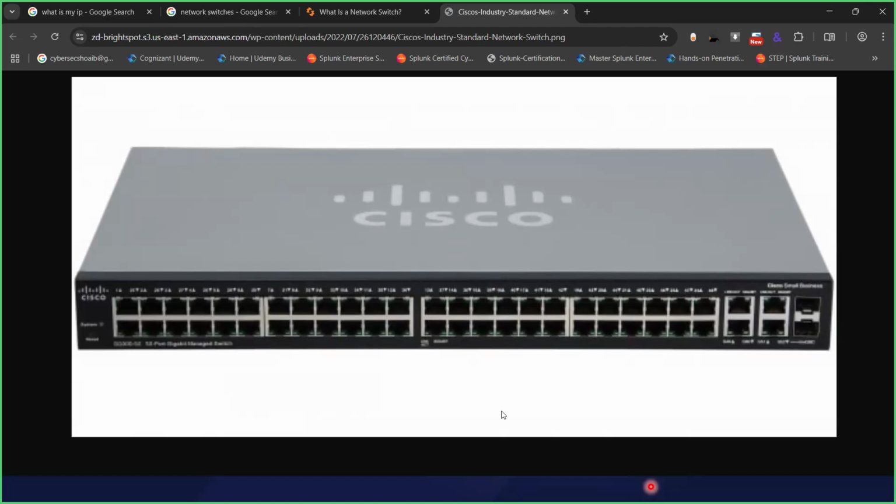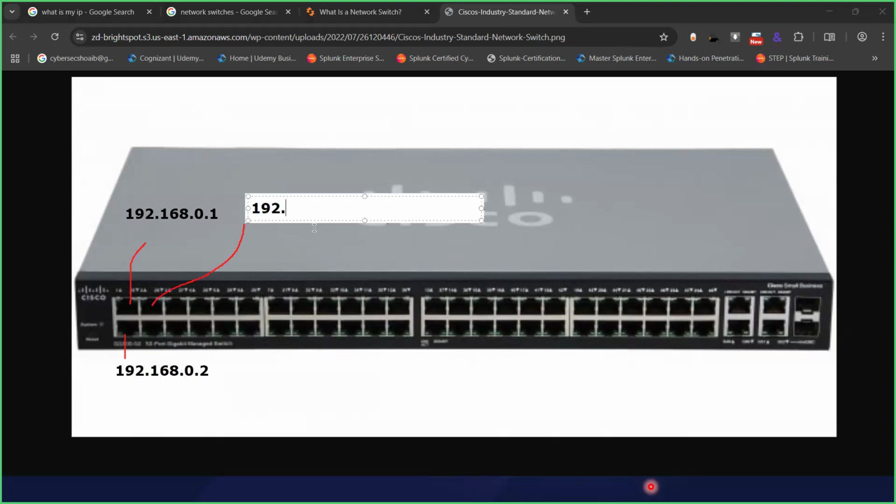Now over here, in one port, you'll have your router. So let's say in this port, I have 192.168.0.1 connected. Then in this port, I could have 192.168.0.2 connected. In another port, I can connect 192.168.0.3. Like that, I can connect 4, 5, 6, 7, 8, 9, 10, and as many as possible. But if I bring a device like, let's say,